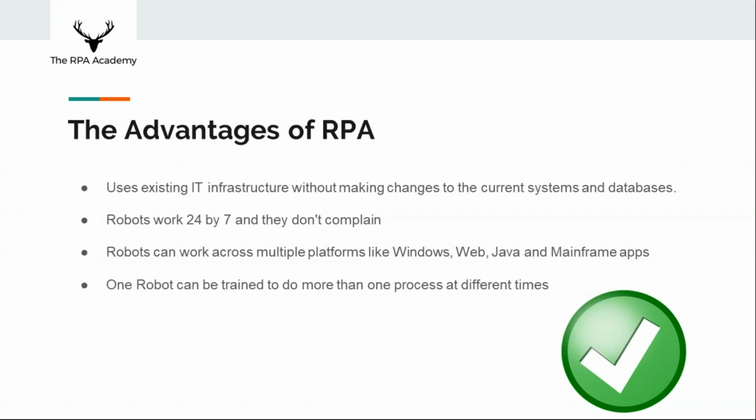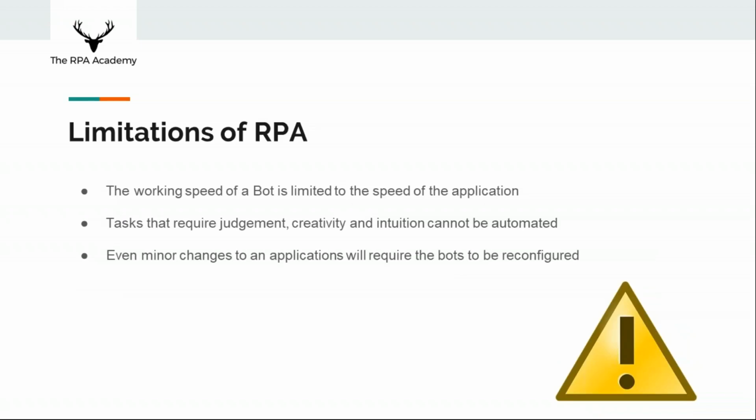I would put it this way. Imagine you have a temporary person that you just hired and you want them to do something really boring and repetitive, like data entry. RPA is the thing for that. That's the kind of process you need to be looking at for RPA. You wouldn't be looking at something very complex that needs a lot of human intuition. That's not what RPA is there to help you with. It's there to help you with the boring things, taking the robot out of the human. So that's, in brief, a few advantages of RPA.